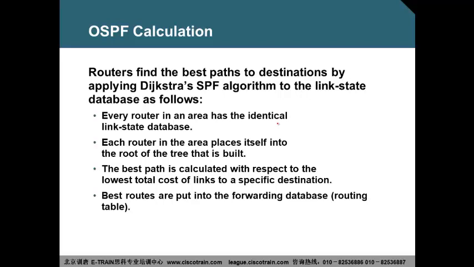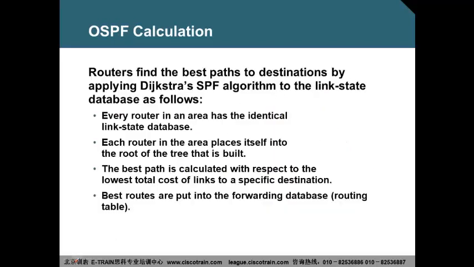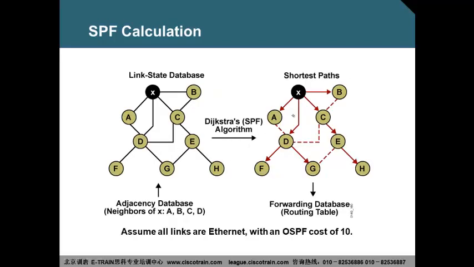We know about how the best route is elected. We already know that the link state database is formed by advertising link state advertisements, isn't it? After that, the SPF algorithm will be running on the database, the LSDB. And then for every route, it will pick the best path from the tree. Tree means what, from here to...